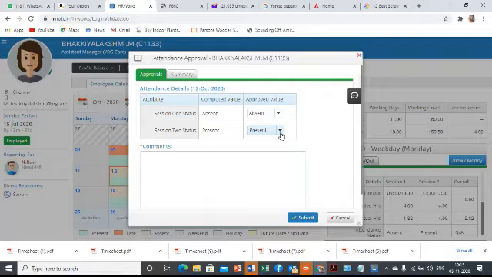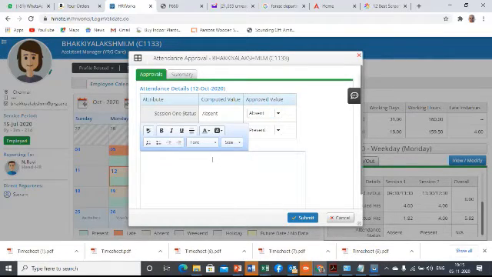If you feel that you can give the benefit of doubt to your subordinate, you could choose this option and change this to present, or if you want this to be as absent, you could update the comment here as please mark this absence as leave and you can submit it.